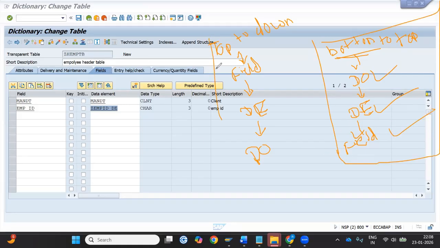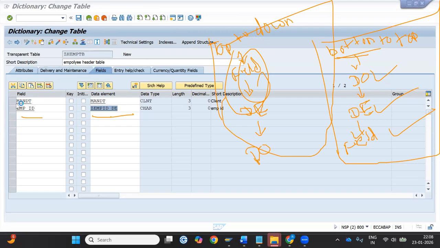और टॉप डाउन अप्रोच में हम डायरेक्टली पहले फील्ड लिखेंगे, यहाँ पर डेटा एलिमेंट लिखेंगे, वहाँ पर डबल क्लिक करेंगे। आफ्टर डबल क्लिकिंग वी डायरेक्टली गो इनटू द डेटा एलिमेंट, एंड देन वी विल सेव आवर न्यू डेटा एलिमेंट, चेक इट एंड एक्टिवेट इट। दिस इज द टॉप डाउन अप्रोच।